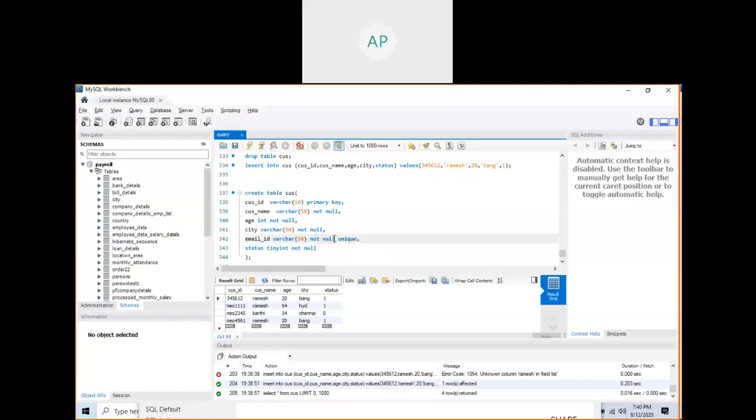Why? Two customers should not have the same mail ID. If two customers have the same mail ID and you send a password, it will go to both customers. How can two customers have the same email ID? That is why you are applying not null. How can a customer have a mail ID as null? Then how will you send an email to him? Same way mobile number. What should the mobile number be? Mobile number should be integer, not null and unique. That should be the data type.